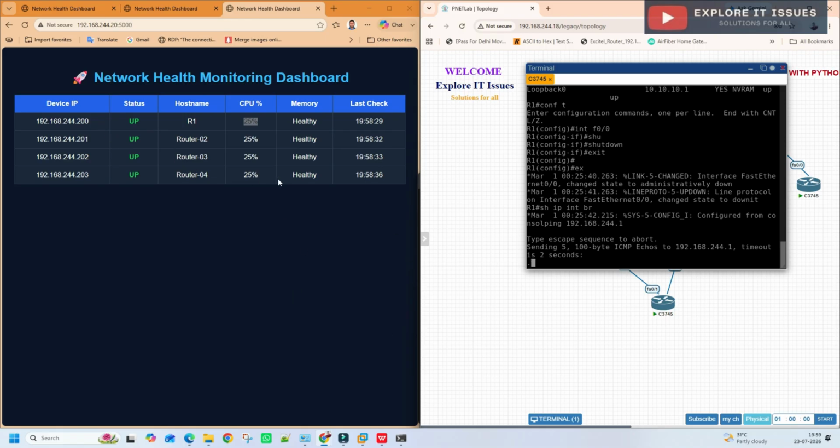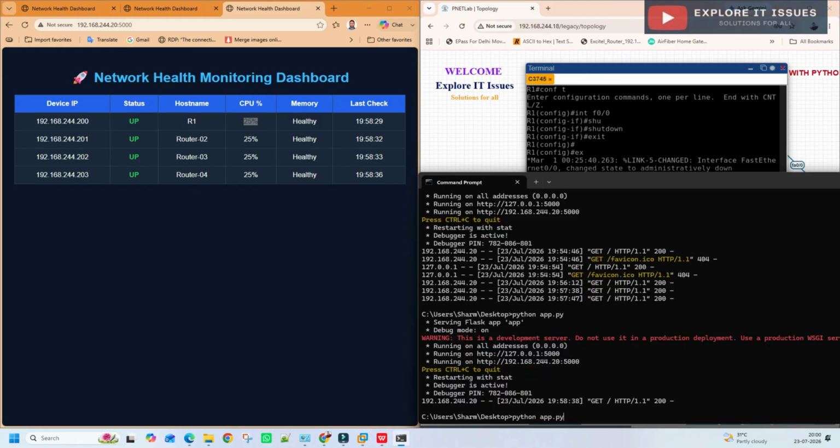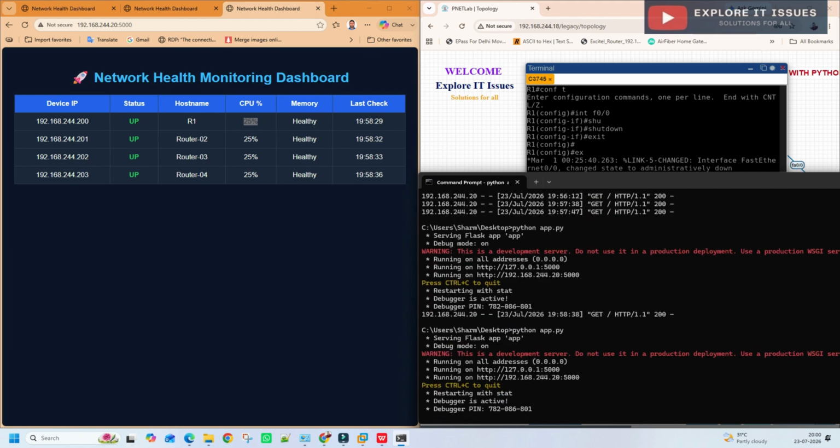Okay, now check that the ping has stopped working. Now check whether this monitoring dashboard responds immediately or not. So again I go here and run our script app.py. When we have monitoring here, let's see what happens after shutting down the port on R1.